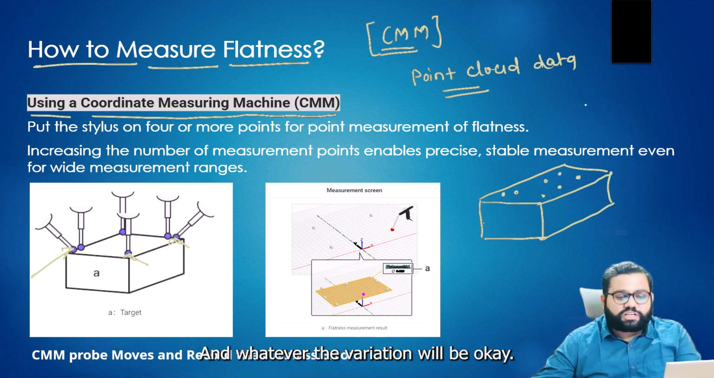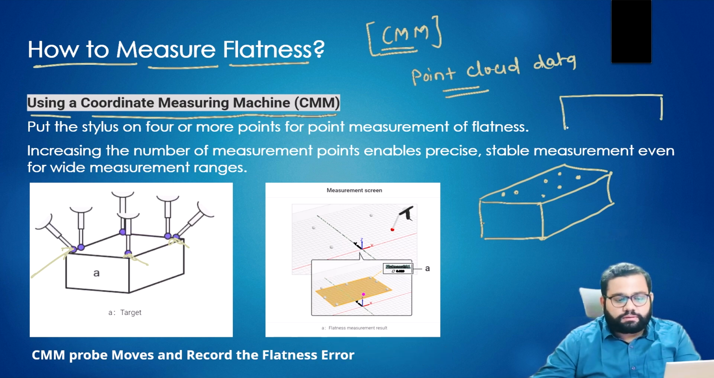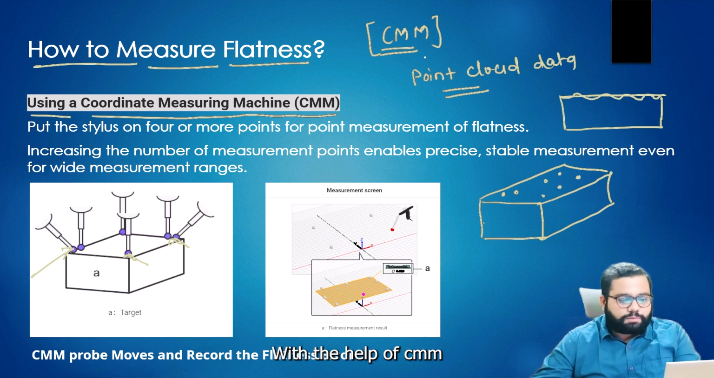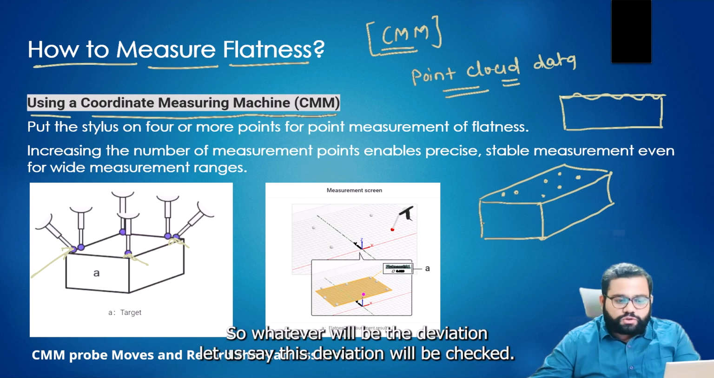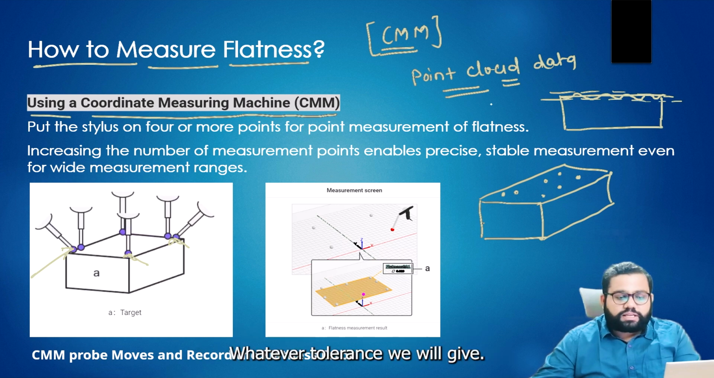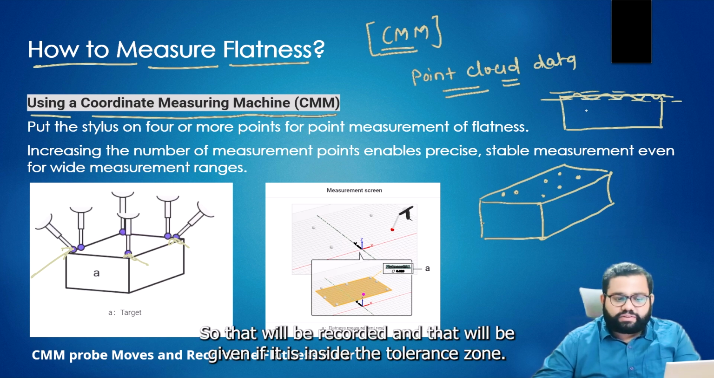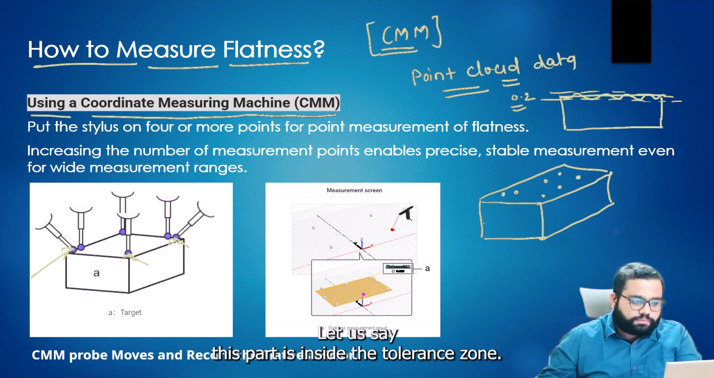And whatever the variation is in the part, whatever we collect as point cloud data, it will be collected into the computer. So with the help of CMM, we are collecting the point cloud data and it will be recorded. Whatever the deviation will be, it will be checked against whatever tolerance we give. Let's say I have given 0.5 mm, so that will be recorded. If it is inside the tolerance zone,